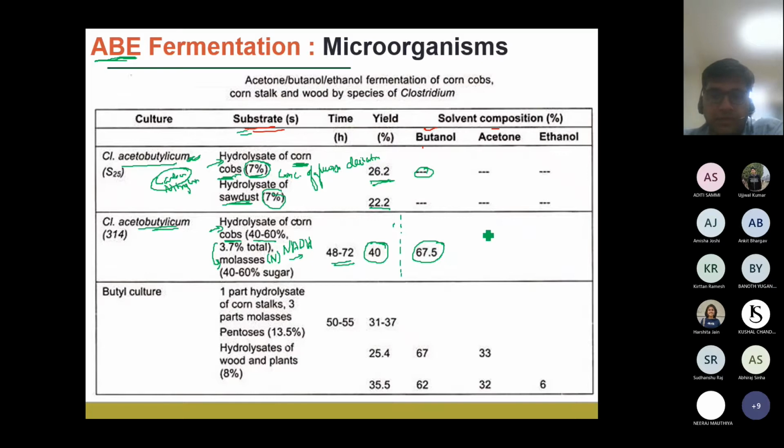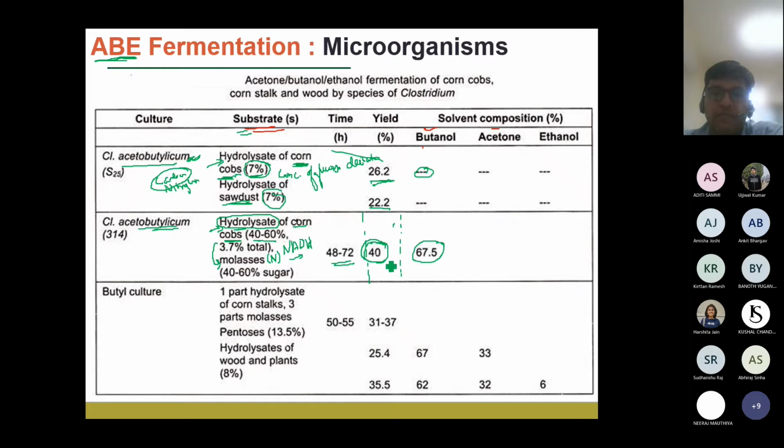So whenever you are doing your fermentation, you have the cells, either extracellular or intracellular, which are going to produce your solvent, your product. As I already told you, we obtain a mixture of acetone, butanol, and ethanol as your final product. The yield tells you how much of the glucose, that carbon source, has been converted. It may be any other carbon source, like the hydrolysates in corn cobs. We will also explain what these hydrolysates are and what happens. Before that, we'll see what the yield is.